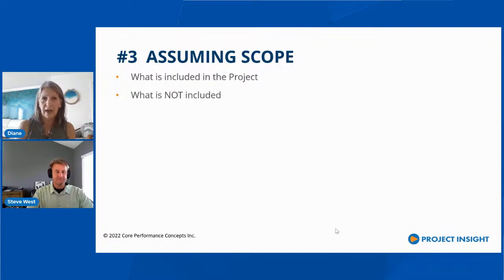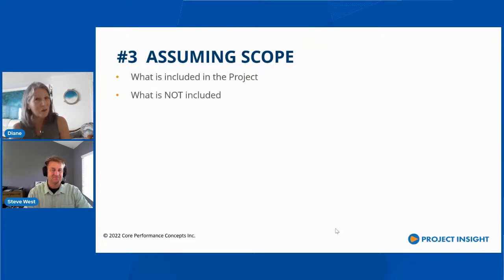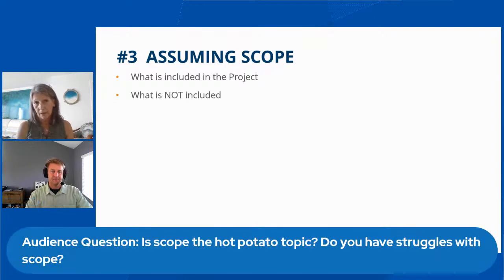If you think about it from a contract standpoint, how many times have you been put in a position where the client says, "Well, I thought it was included," and you didn't really spell it out? It happens a lot. So guess what? You end up doing it, and now you've increased the scope and it wasn't expected to be in there. I'm a big proponent of spelling out what's not included and what's included, and letting the conversation happen before you even sign the contract. So this is all about communication, right?